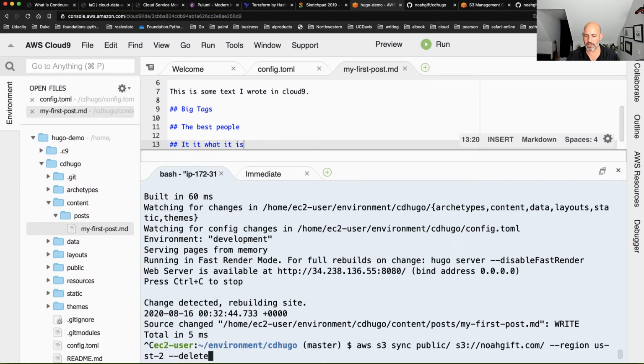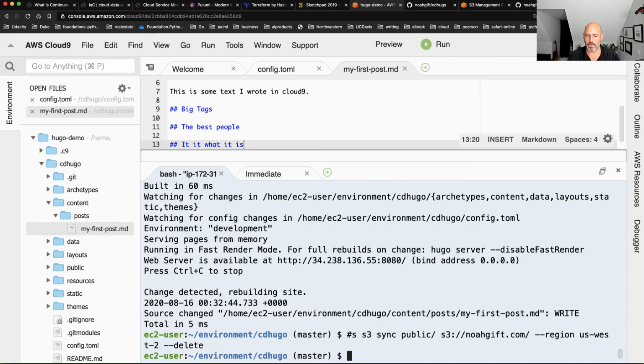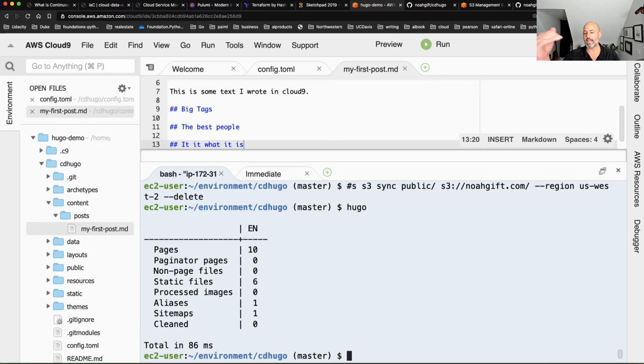I'm going to paste this code inside of here, and I'm going to say to the AWS command here, sync my bucket and sync the public directory. And by the way, before I run this command, let me show you that when you type in Hugo, that's what builds it. So when I was serving it, it didn't build the files yet. So those changes that I made, like the best people, it is what it is, all that nonsense, I just printed that out first by creating HTML pages by typing the word Hugo.